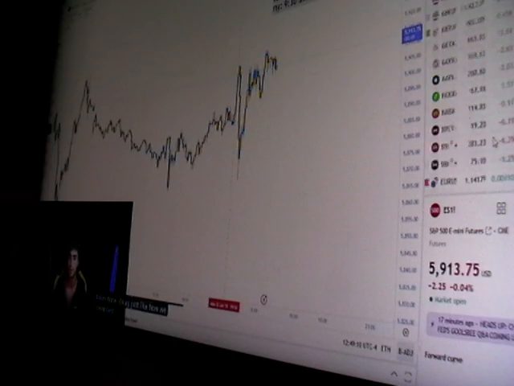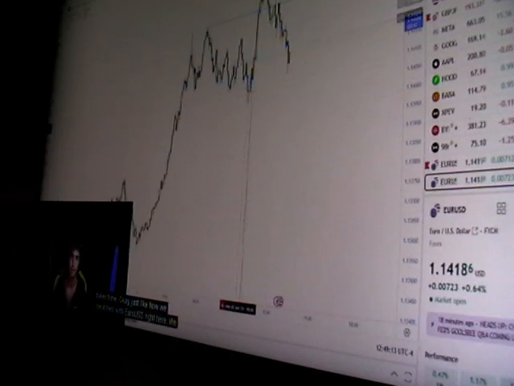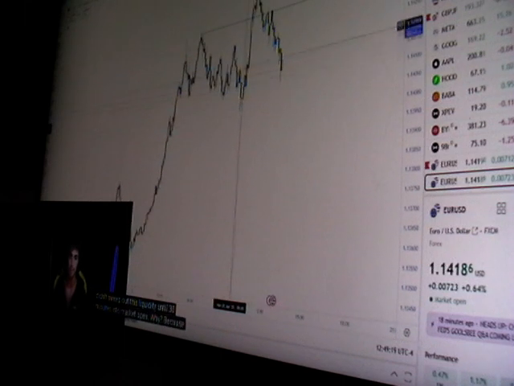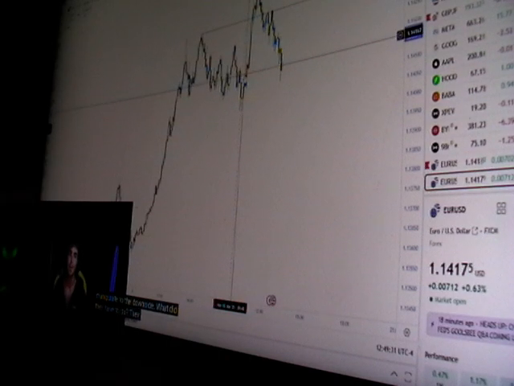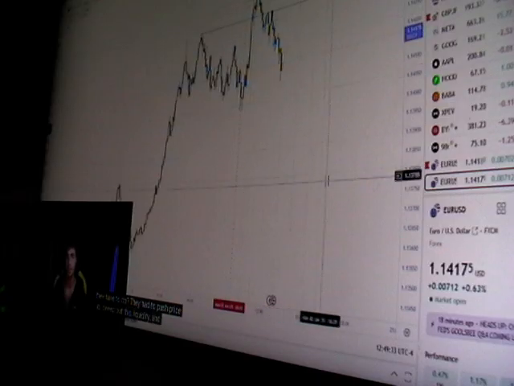Just like how we identified with Euro USD. Right here, we can see that market opened and then we didn't sweep out this liquidity until 30 minutes into market open. Why? Because we were a little bit underneath these highs here. These were London session highs. Market opened. It wanted to manipulate to the downside. What did they have to do? They had to push price up, sweep out this liquidity, and then boom, send price low.